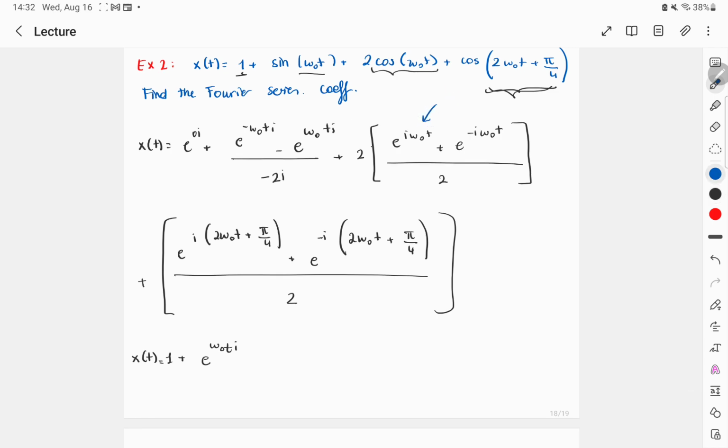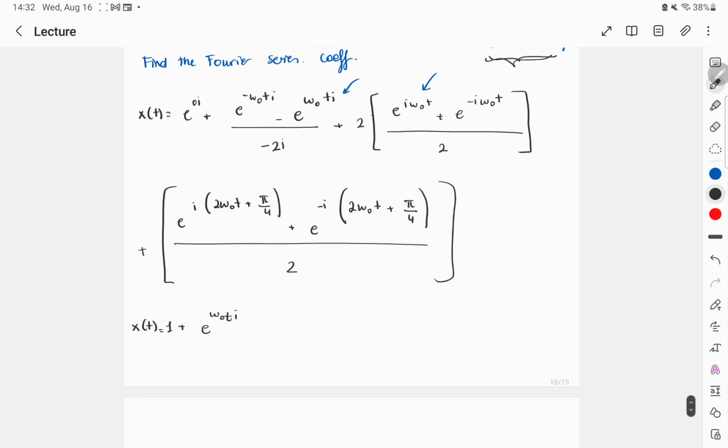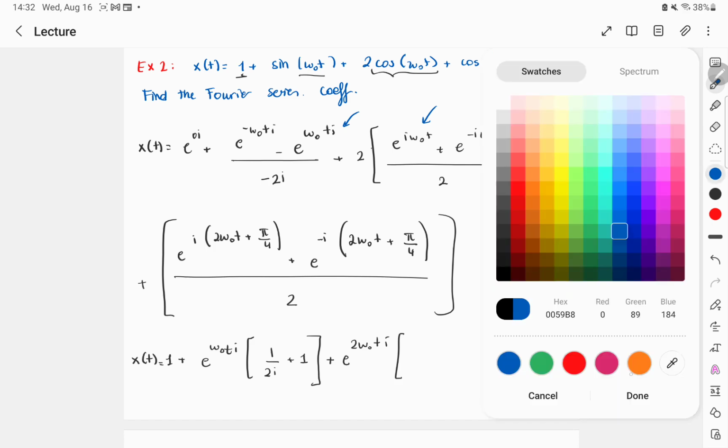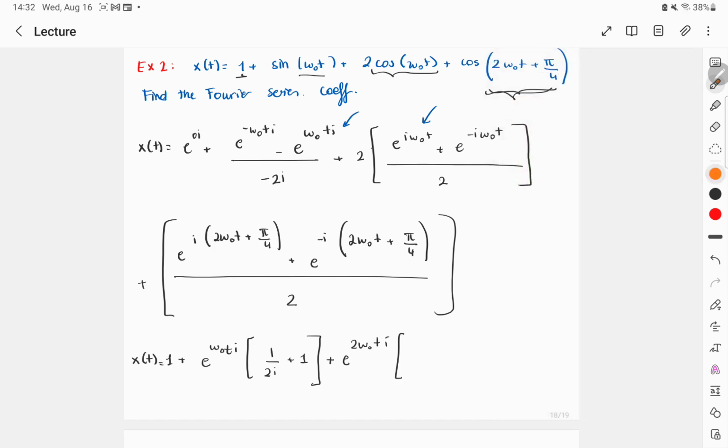We have it here, we have it here, and that's it. So we will write it into parentheses, and it will give us 1 over 2j, 2i, sorry, plus 1. Plus, we will write the next element, which is e to the power of 2 omega ti, and let me see where we have these expressions. We have it here